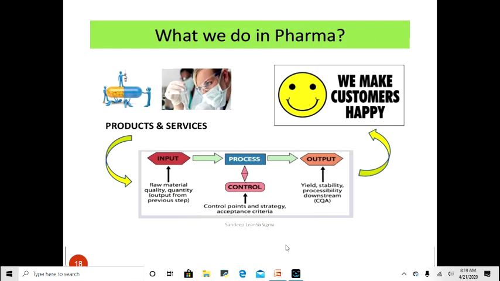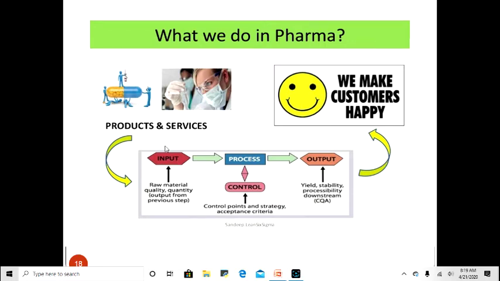You have a process where the exact process of the manufacturing will happen, and final is the output where the product is formed. So from the pharma, the product expected is the tablet or the medical devices. Now the output should be such that the customer should be satisfied, and input is based upon